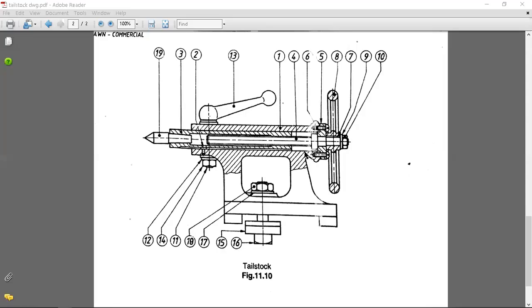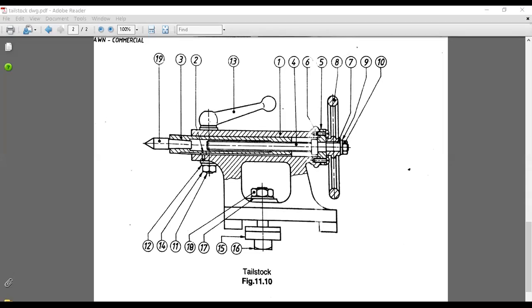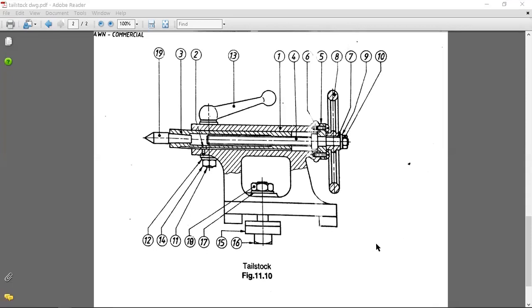So like this, you have to model this. Regarding this tailstock, I have posted some YouTube links. Please go through that, because it becomes very difficult to show the modeling of each and every component on an online basis, because the net may not be at full speed every time. So I have given some YouTube links which are helpful.